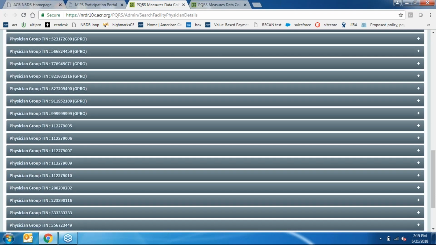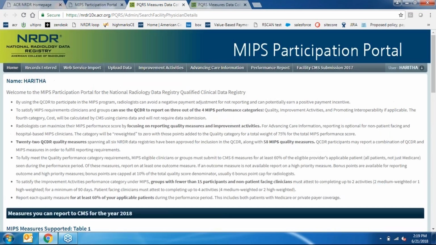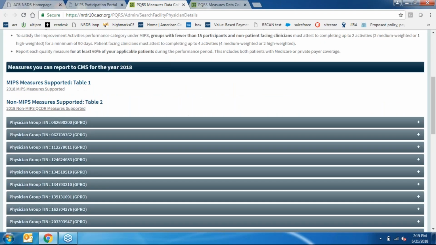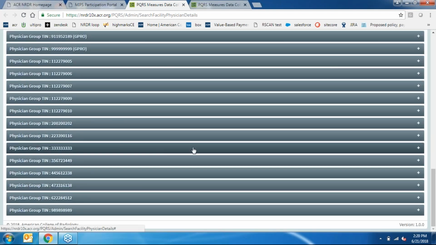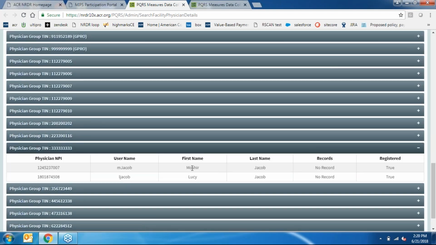One helpful thing to look at, this is just here on the home page of the MIPS portal, is if you scroll down and find your TIN, you'll see a list of all the physicians that are enrolled in MIPS for that TIN. So here we've got these two physicians listed, and under registered it says true. As long as it says true under the registered column, that means that physician is good to start reporting MIPS